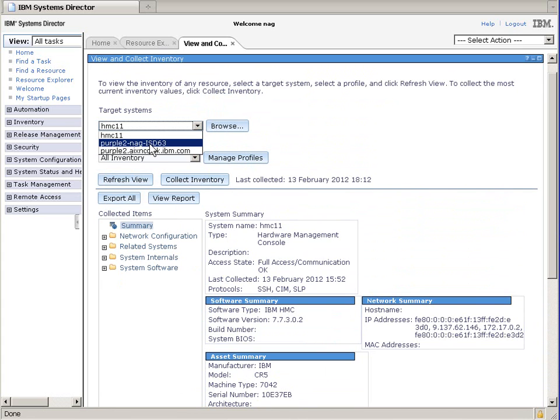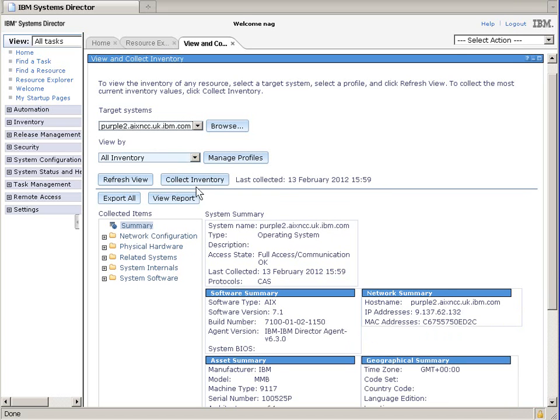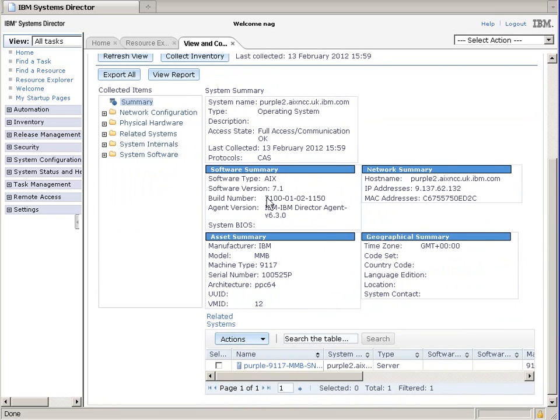So here's my virtual server and here's my operating system. Let's go for the operating system. So again, my summary at the top here has got the useful information in here. I'm running AIX 7.1, TL1 Service Pack 2. IP address over here. Oh, we've got the Systems Director agent for 6.3 already installed. Which machine is it actually on? It's down here. My serial number and things. Well, even the time zone that it's running is over here,